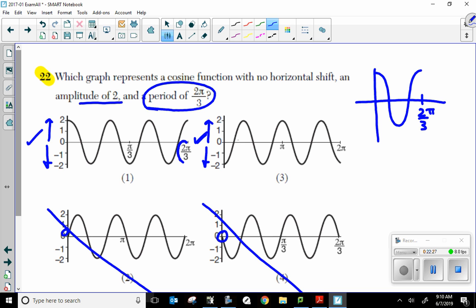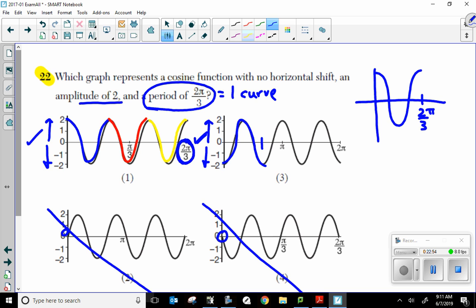You see this here? It ends here, but that's 1 cycle, 2 cycle, 3 cosines in 2 pi over 3. We should not get 3 curves in 2 pi over 3. We should get 1 curve, which means,